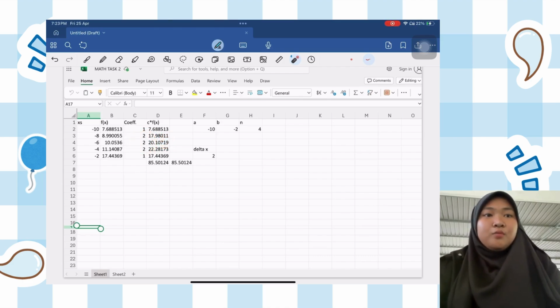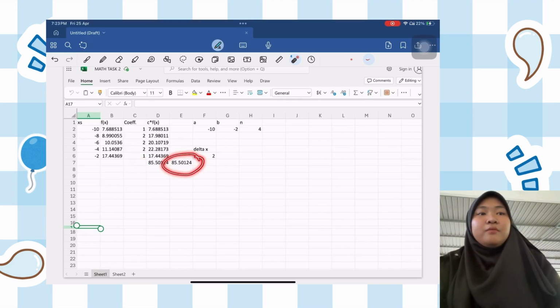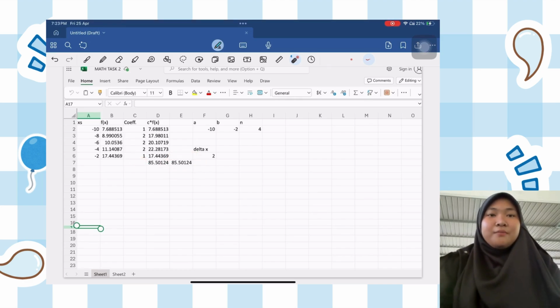Then, we will repeat the same steps, or copy everything to the second sheet, using a subinterval of 8 trapezoids. Finally, we will see both of the values for subintervals 4 and 8, approximately matching the value we substitute in the Desmos graph, which is